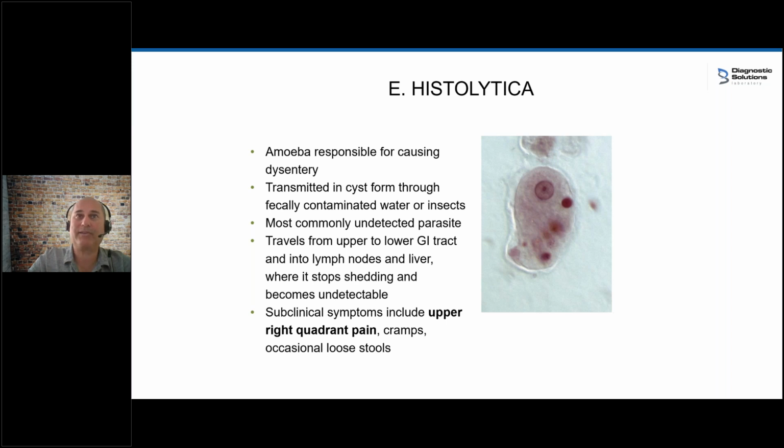And now we're on to the pinnacle or the nadir or the pit of these. I don't know if this is the high point of the talk or the low point, but this is the worst of all the bugs in my experience, in that Entamoeba histolytica can cause the most serious GI problems and the most serious liver-related problems out of all the different infections. Now, of course, it all depends on how strong and healthy the person is, but this is a particularly extraordinarily nasty bug. It's hard to find on the labs because by its very nature,